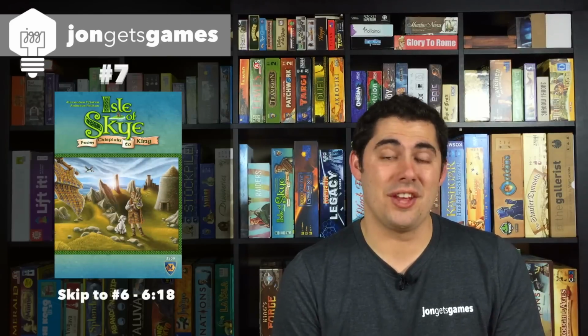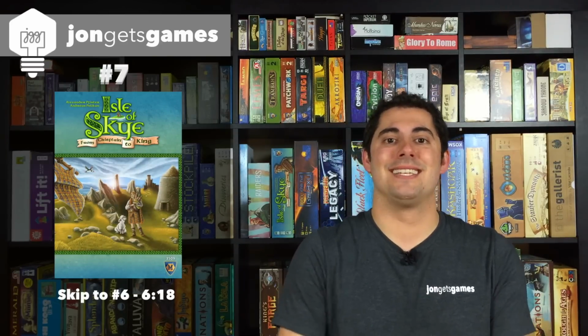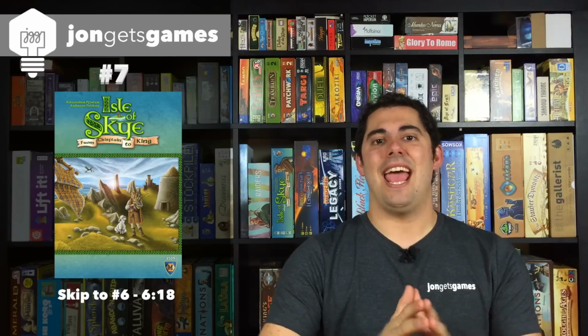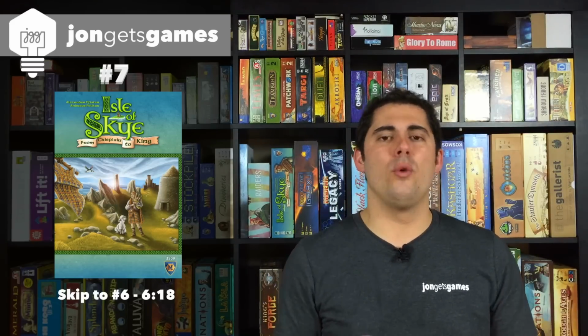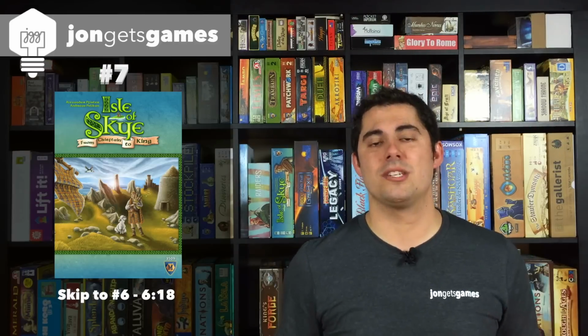Number 7 is Isle of Skye, which also came out last year. There's a few new games on this list because I was very impressed by the games that came out last year. But anyway, Isle of Skye is a wonderful simultaneous action tile laying Euro-y kind of game. It has a Carcassonne feel where you're just putting these square tiles down and you have to match the terrain, but it has a great twist where every single person, every single turn, gets 3 tiles